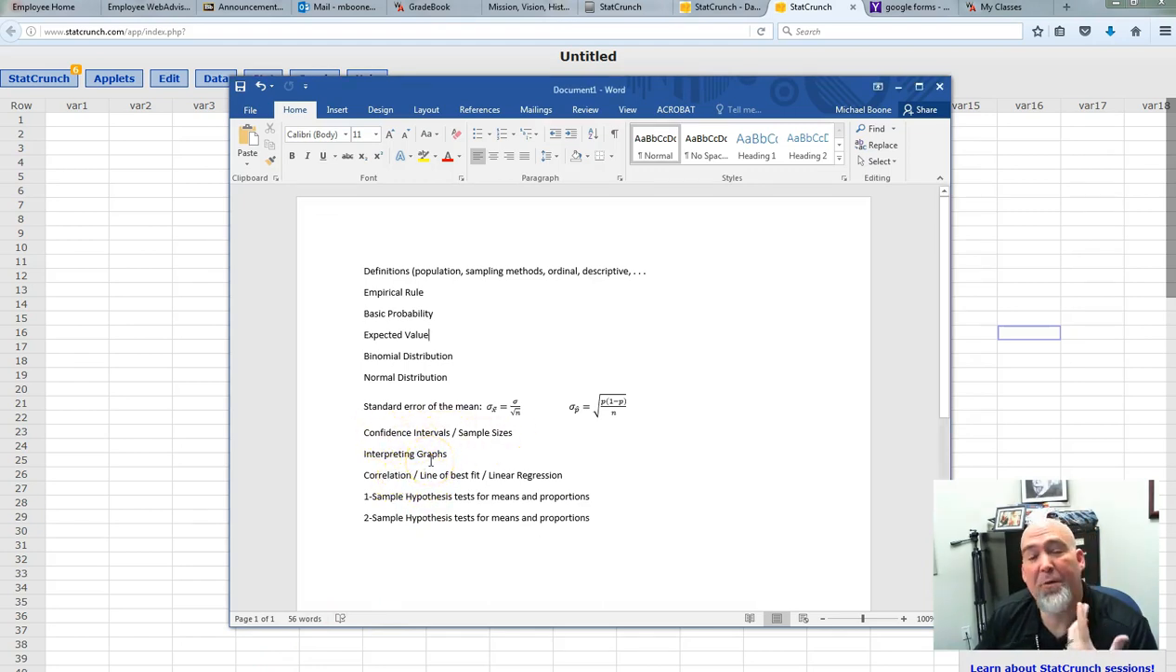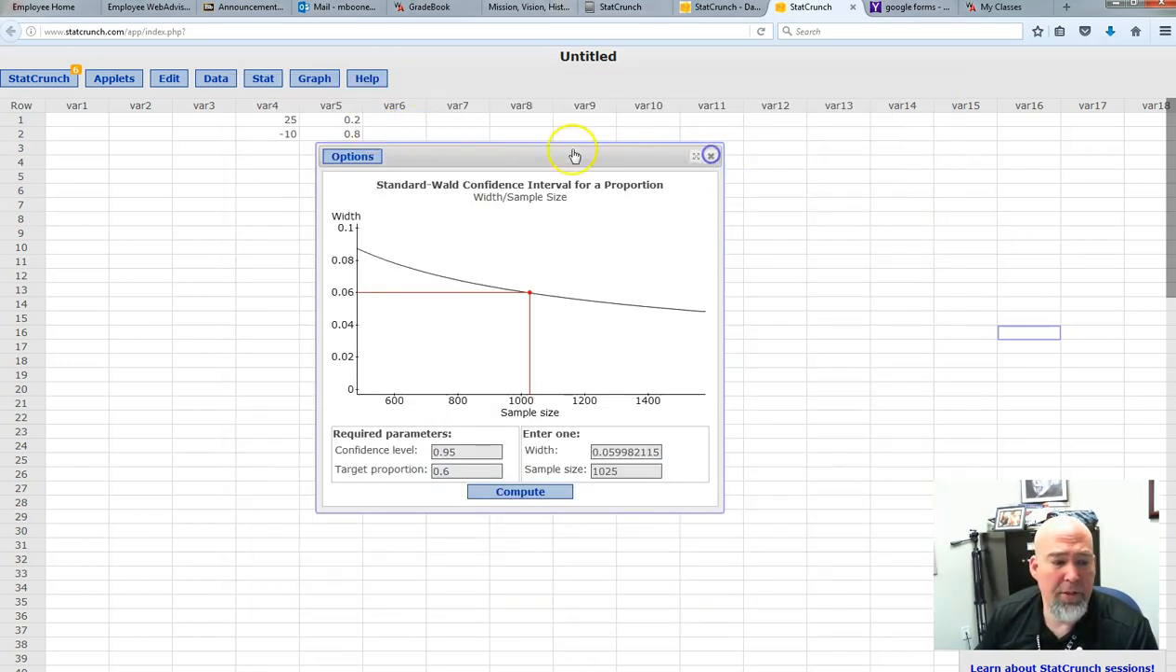Interpreting graphs. If you're given a graph, make sure that you understand how to read it, whether it's a box plot, a bar chart, a pie graph. Just be aware. Correlation, line of best fit, linear regressions. So with those, we need to make sure that if we're given some data,